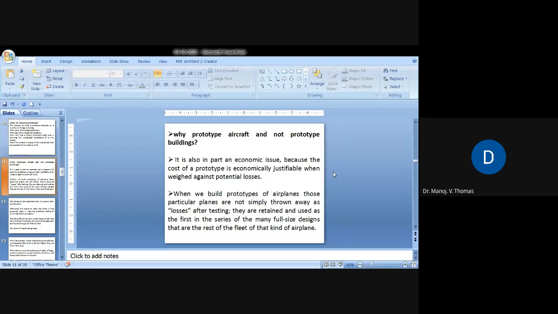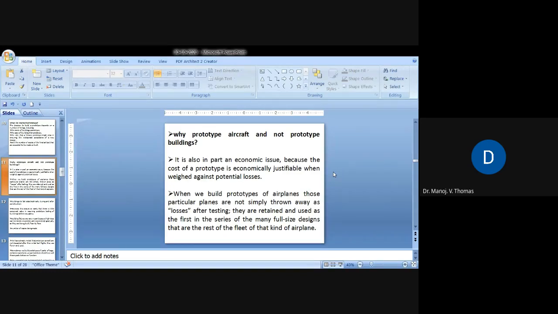Why prototype aircraft and not prototype buildings? This is one example, because in some cases we may go for making prototypes, and in other cases we may not. When we build a multi-storied building, we never build prototypes. That is true. But when we plan to launch a new airplane, we actually build the real prototype and get it tested, because it varies from situation to situation and case to case.